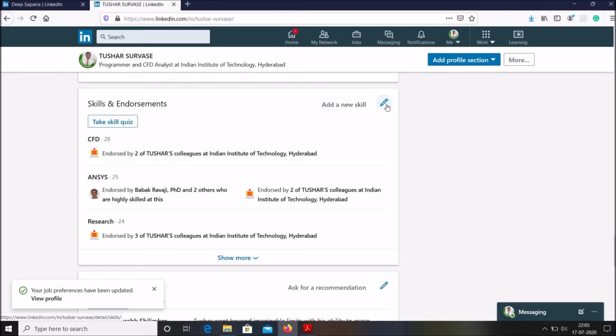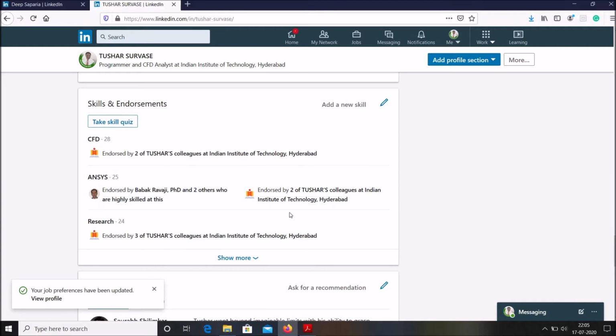You can even edit the skills, right? There are lots of different skills. These are my top 3 skills which have been endorsed by my colleagues or my project mates, who were at my previous organization. What does the endorsement mean? Endorsement means that they have seen my work, because your college mates or your classmates will be the ones who have seen your work, right? Endorsing means that they have seen your work and they feel that you are good at this work.